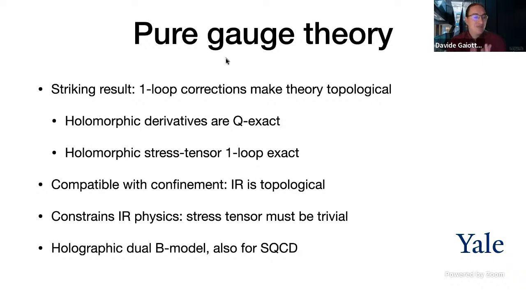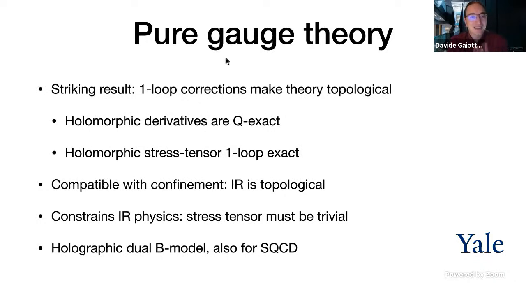So you could say, okay, this observation is compatible with confinement. It would have been strange, although not absurd, to find an interesting holomorphic theory in the UV and then a topological, gapped theory in the infrared. But I think it's a bit stronger than that, because I feel it gives constraints to what the